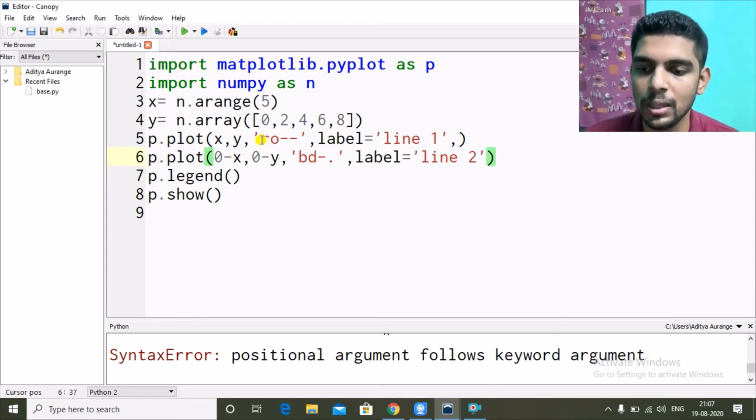These are positional, so based on position the value will be picked. These are keyword because I'm using label equal to. If you see my function videos, you will understand what it is. But simply here, use this property before this one. Let me remove the comma here.